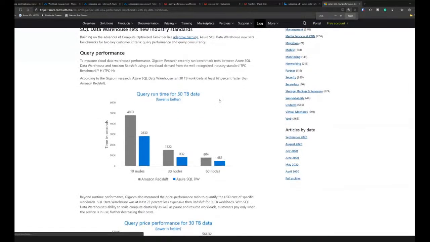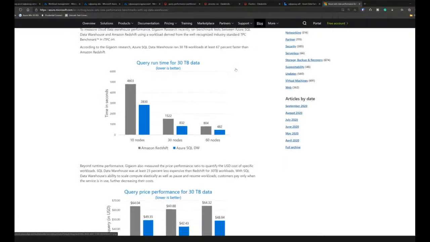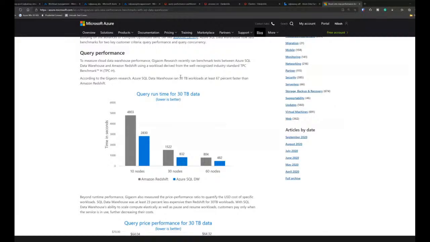So you can see the results here using the standard TPCH benchmark. It was 67% faster than Amazon Redshift when it came to workloads of the size of 30 terabytes.